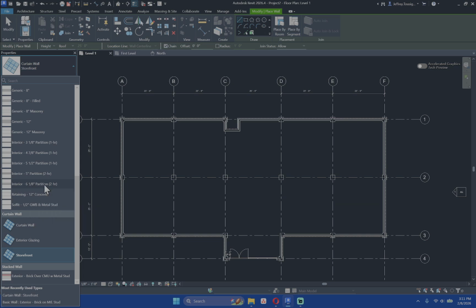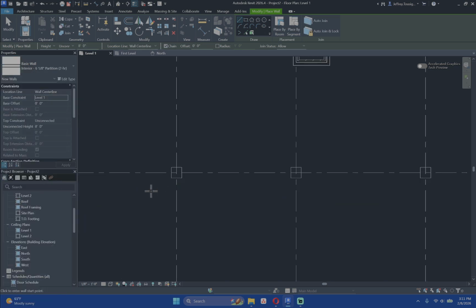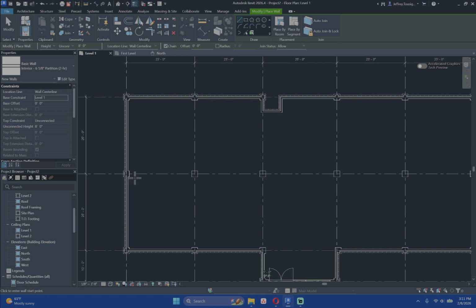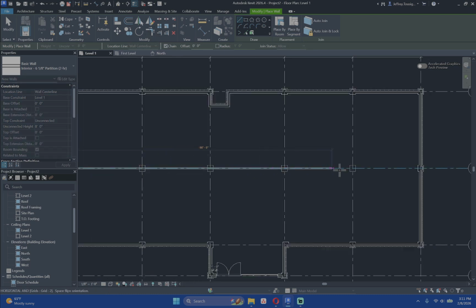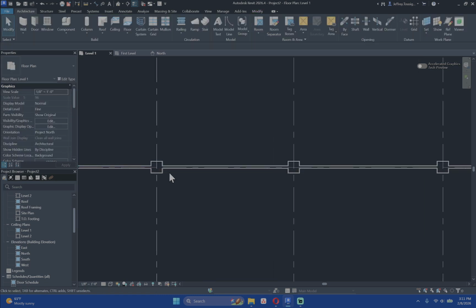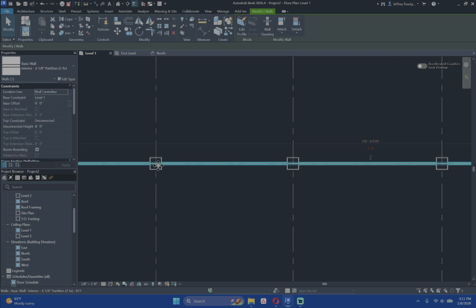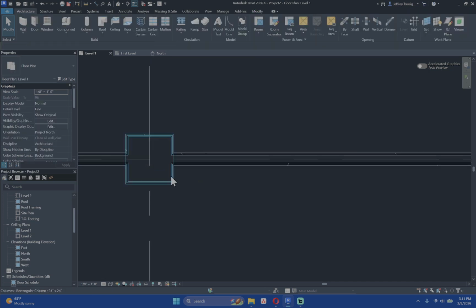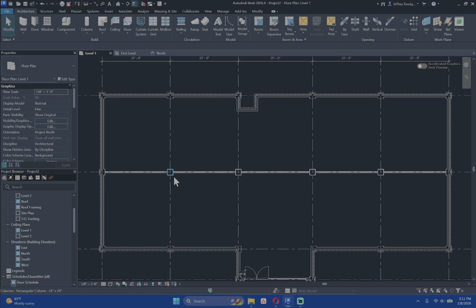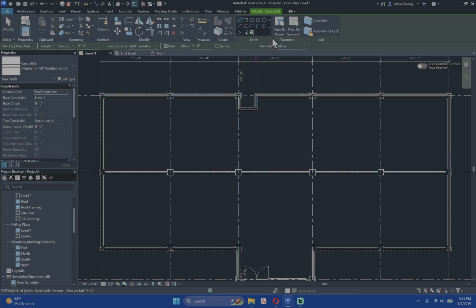inch partition. Since we drew architectural walls, when we draw the wall's center line going all the way from one side of the building to the other, we're going to see that it will cut out the pieces of the walls that are going through the column. It is smart enough to know that although the wall is continuous, it is going to break up the wall, at least graphically in our plans and other views, to let people know what is going to be going on there. And then if we wanted, we could draw in another wall